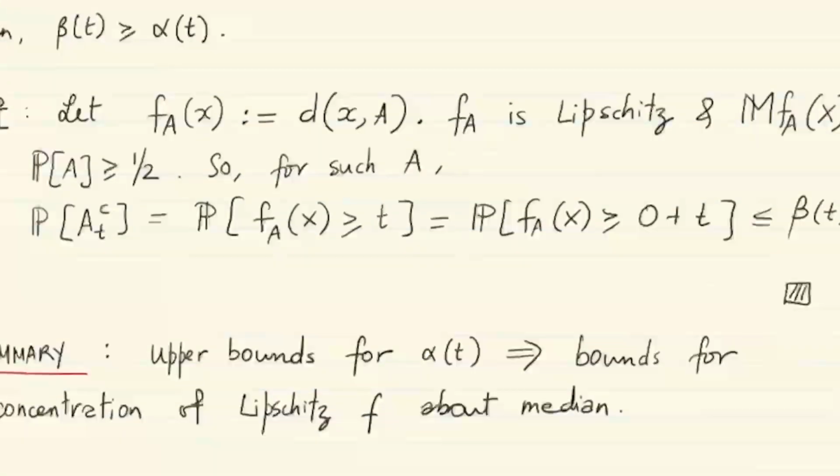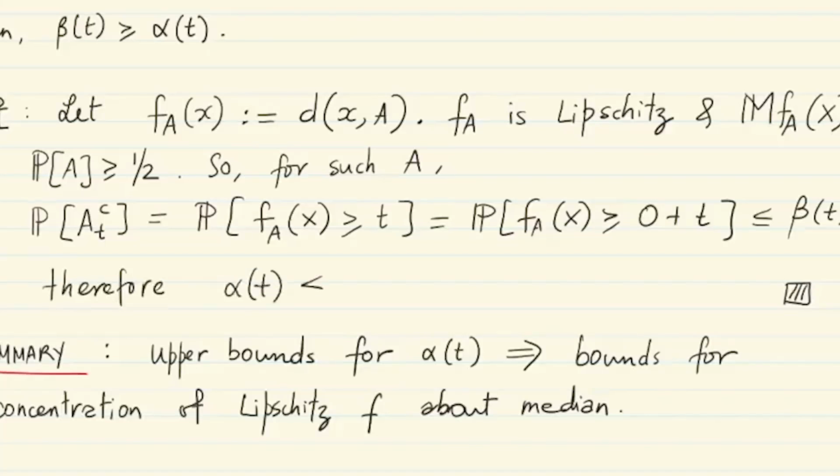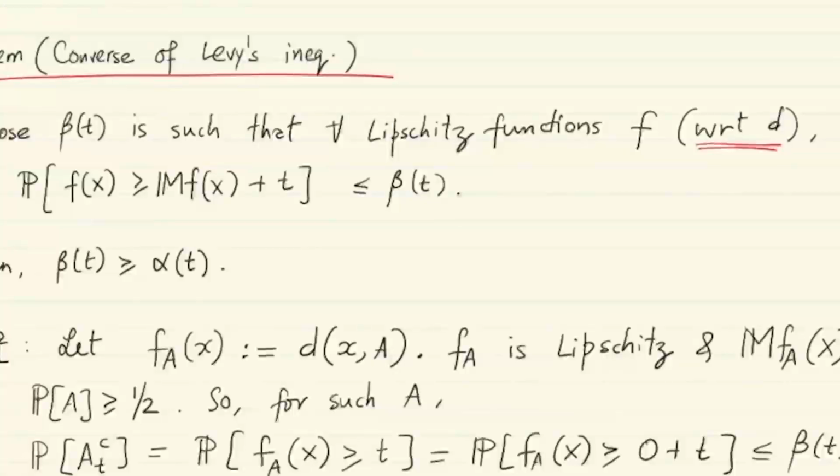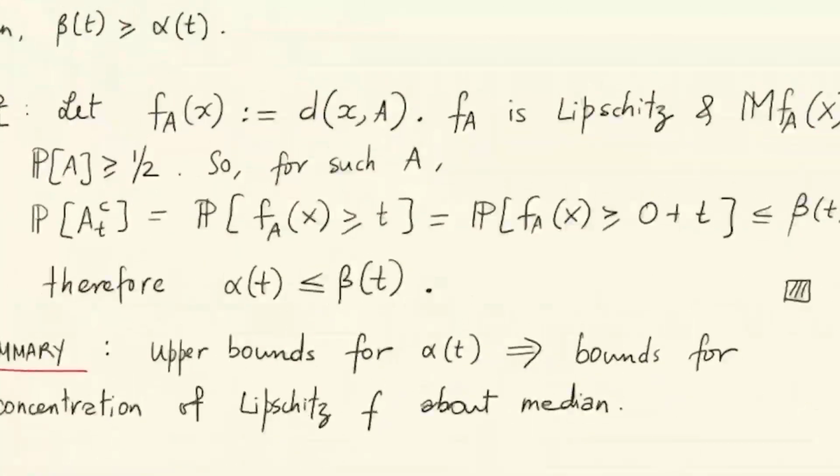And so if we just take the supremum on both sides with respect to all such sets A with the probability at least half, we get therefore that alpha of t is upper bounded by beta of t. Okay, so this basically establishes the other side of Levy's inequality,